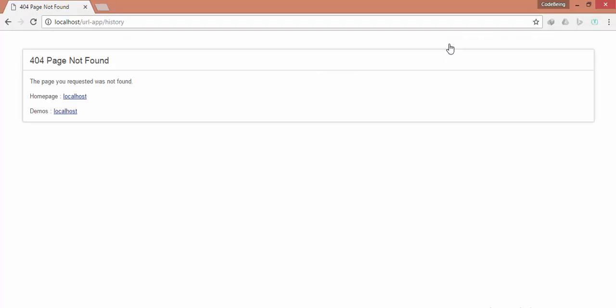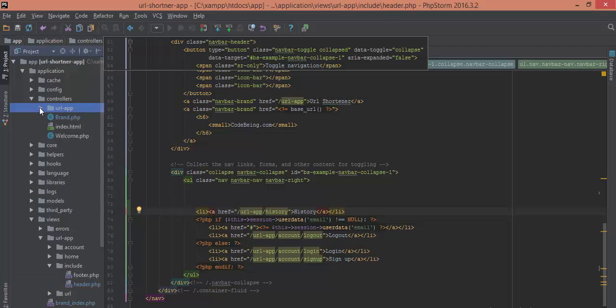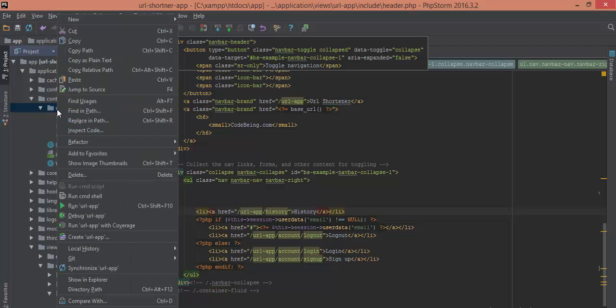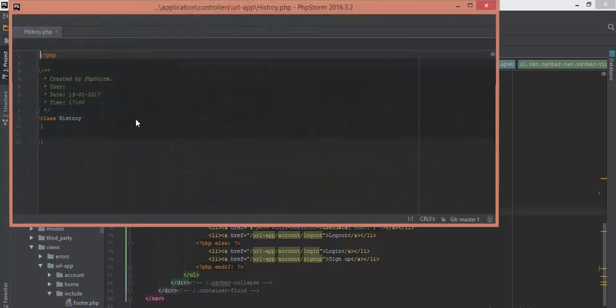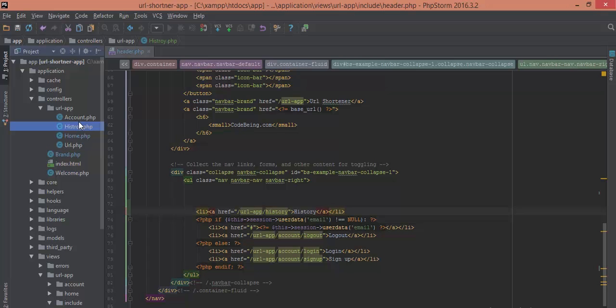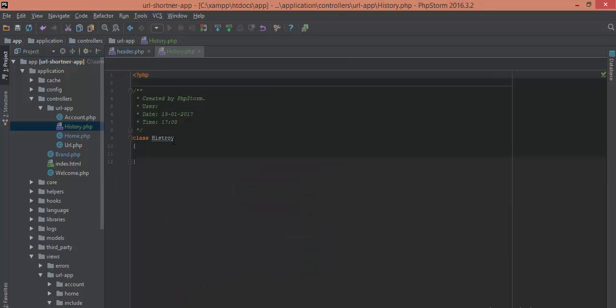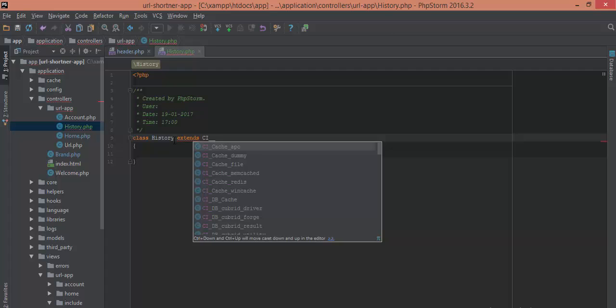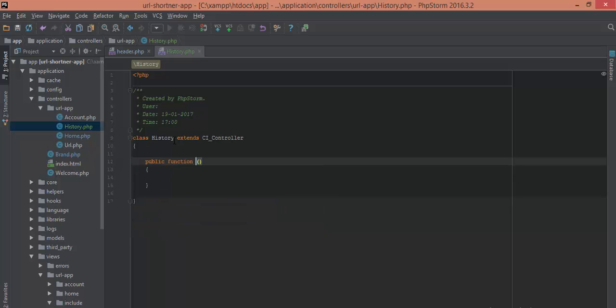Okay, if you open your app history, nothing is there. So for that we need to create a controller. Under URL app, create a new controller called history. I think the name is wrong, you need to correct it. Just rename it history. Okay, we have history. Extend it from the same controller, call the parent controller,